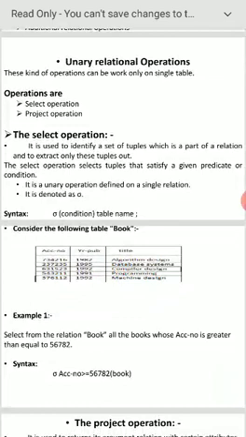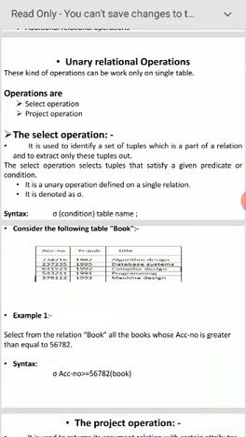It has employee number, employee name, and salary. We can apply this for only a single table. What type of operations can we perform on a single table using unary relational operations? There are two operations: one, selection or select operation. Second one, projection or project operation.